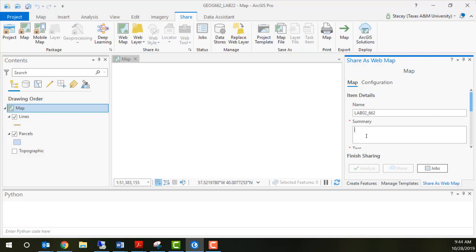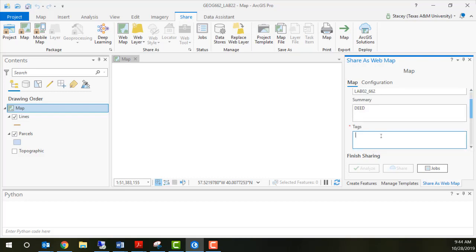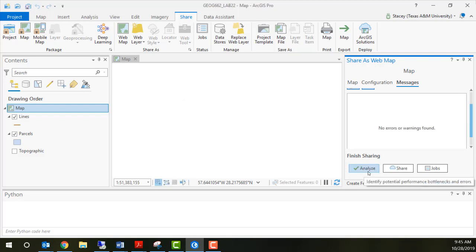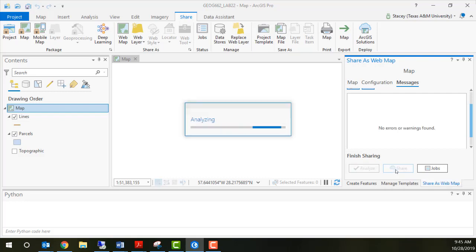I have that part of the lab, what I want you to put in there. I'll just put something quickly here to demonstrate it. Then you do an analysis, and it looks to see if there are any issues. If you have problems with, say, a template file, you might need to create a template for these, and I gave a quick hint on how to do that. Next, you'll just do share, and it will upload it to